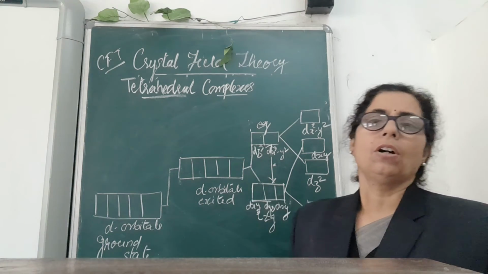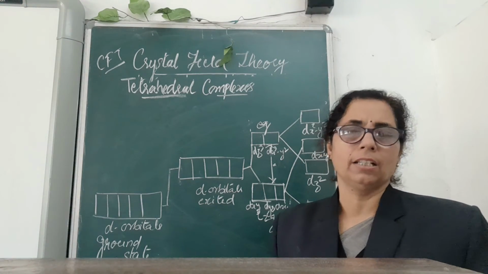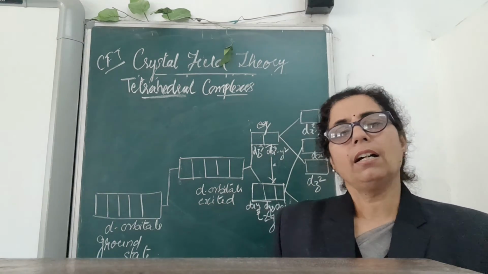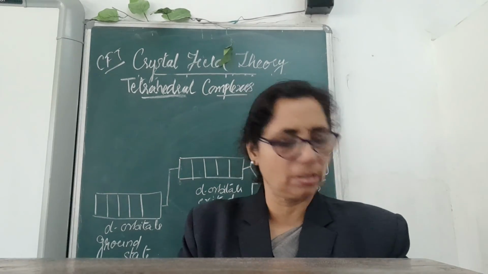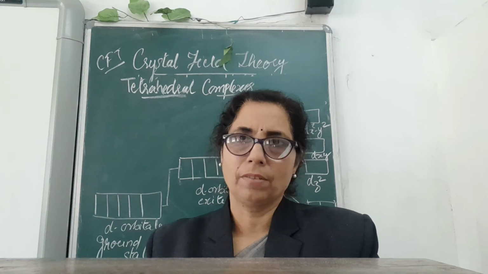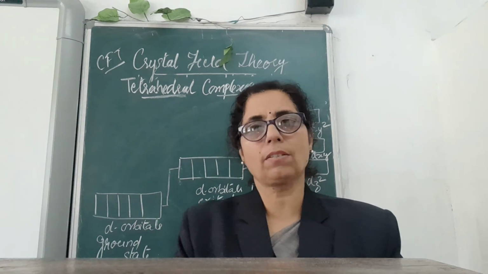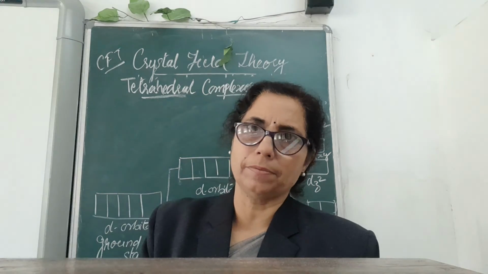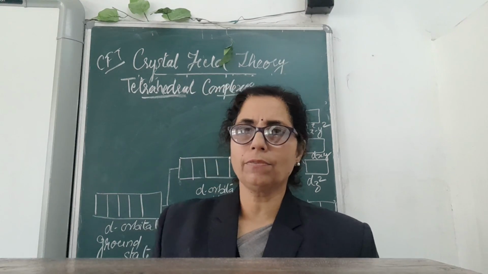Only the distribution of these electrons, or how the splitting of d orbitals takes place in a tetrahedral complex, has been explained. So children, with this I have completed all the theories, along with the color concept and magnetism, related to the different theories given by different scientists: Werner's theory, valence bond theory and crystal field theory. Hope you will understand the concept. Try to read the NCERT book along with the videos uploaded and make your concepts more clear for term 2.